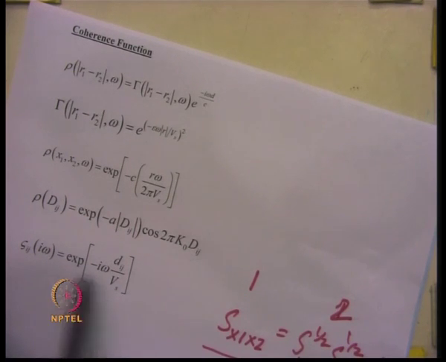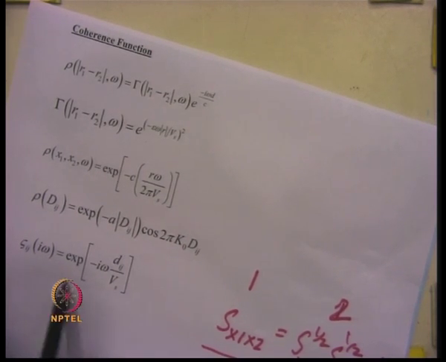Therefore, one can write it in the form of a real part, cosine, and an imaginary part, which will be a sine. So this particular form of the coherence function becomes a complex quantity